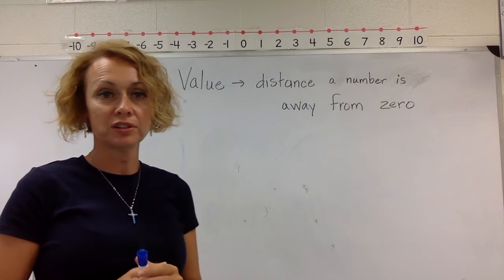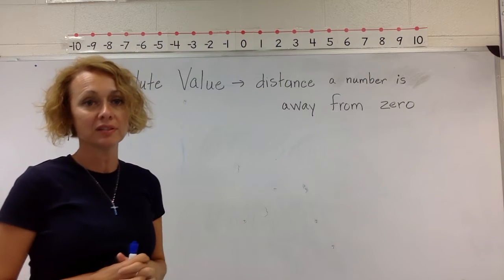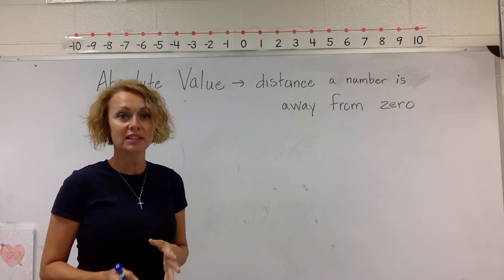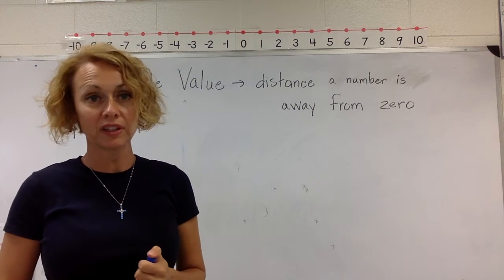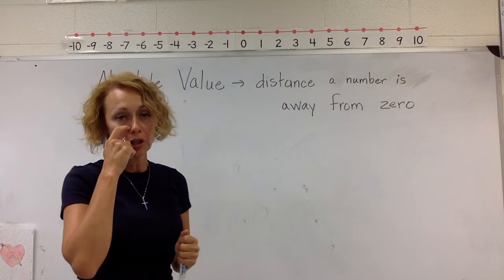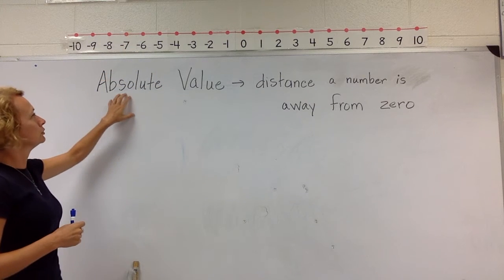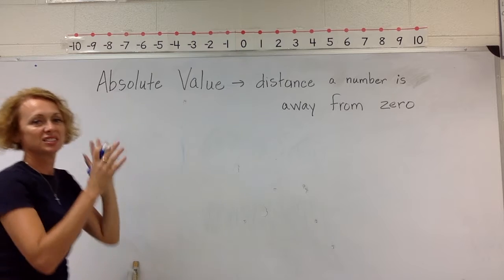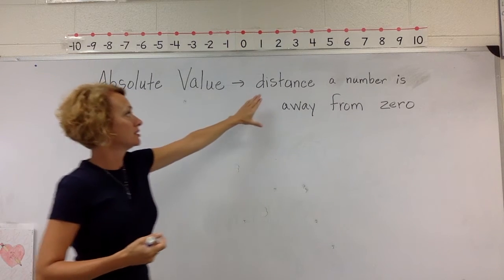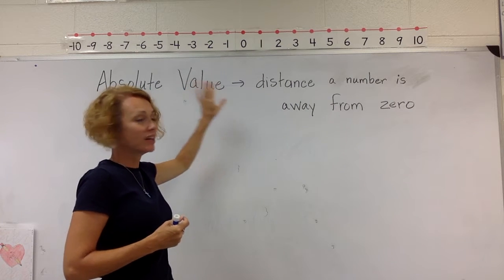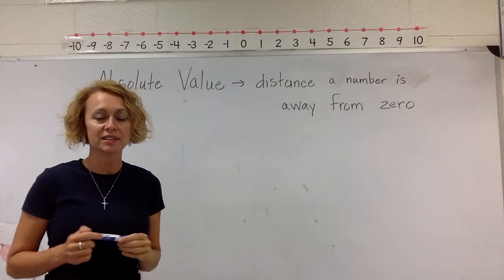So it's important for us to know what absolute value is because it helps us in computation and operation rules when we're dealing with integers and rational numbers. Okay, so absolute generally means something that is positive. So if a distance is the definition for absolute value, realize that distance is always given to you in a